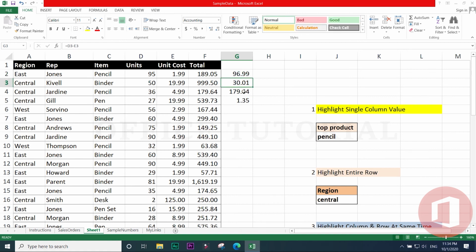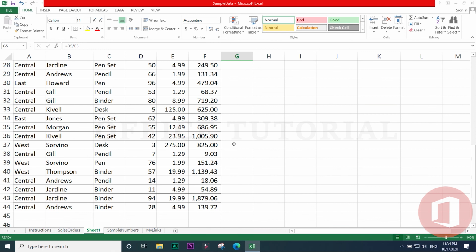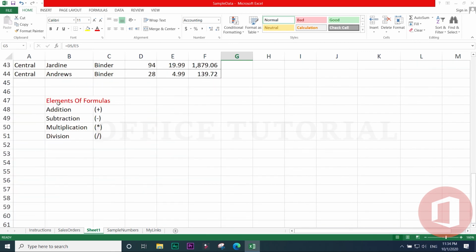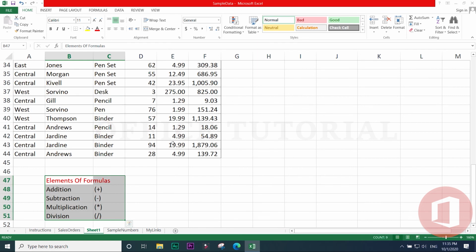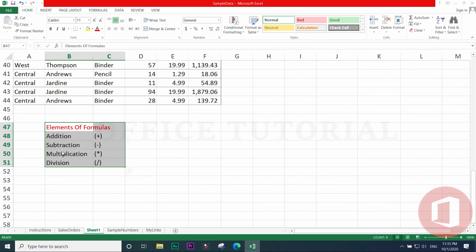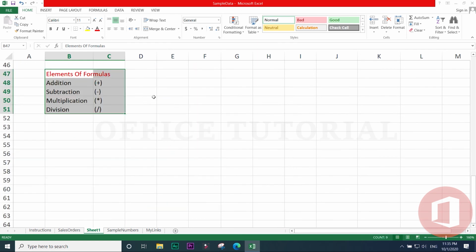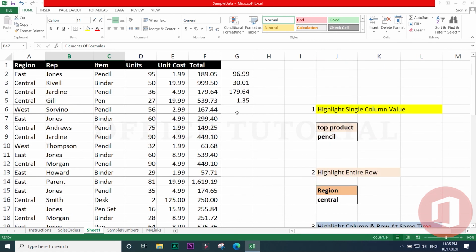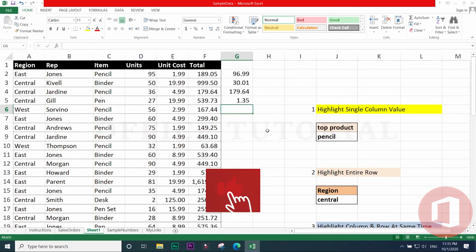This is the method of using formulas in an Excel sheet, and these are the elements of a formula. So don't forget to use the elements of a formula in an Excel sheet while you are using formulas or